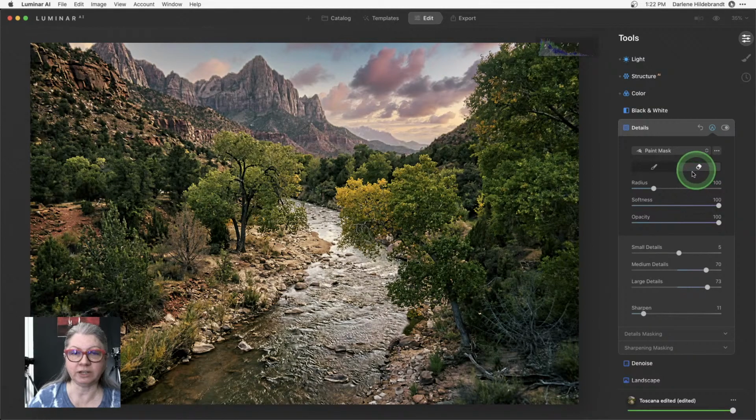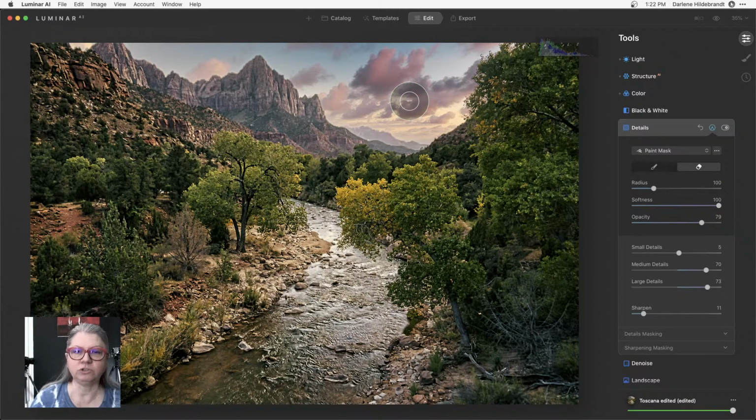So I'm going to use the erase tool, dial the opacity of this brush down a little bit, and then you have these little two circles. Okay, so what the two circles mean is the softness of the brush. Okay, so the outer one is the limit of where the brush finishes, and the inner one is the start. So it sort of fades in that zone, okay, between those two circles. If I want less fade, you notice I turn the softness down. Now you see the circles are almost touching, okay? You can also do these with keyboard shortcuts, and I'll show you that in a minute.